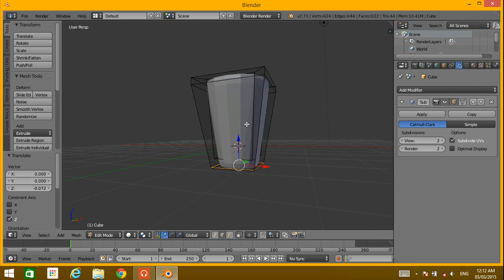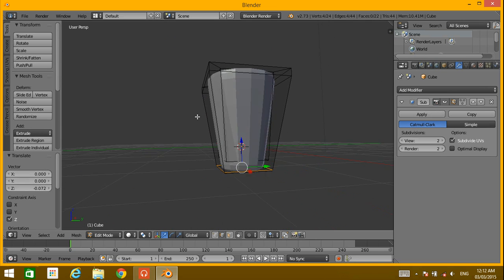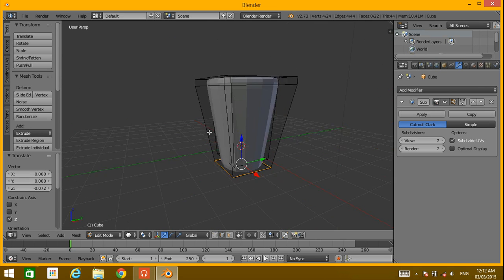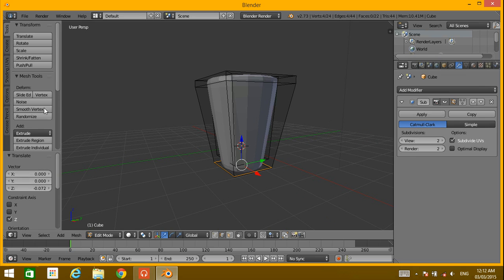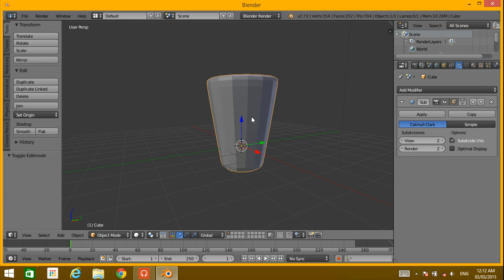Okay, and to smooth it out, go to object mode, press Tab again, and press smooth.